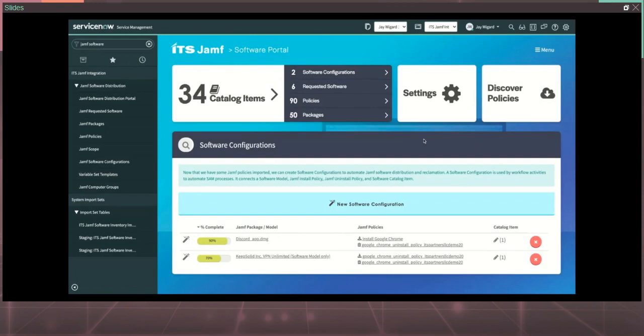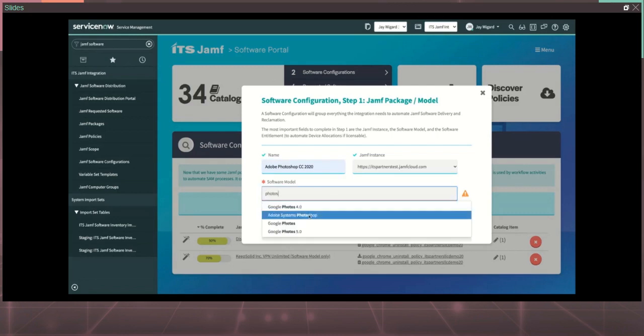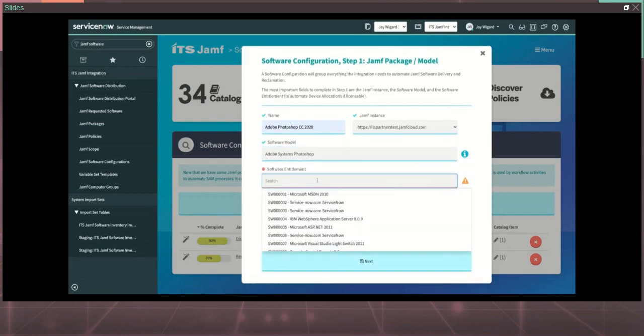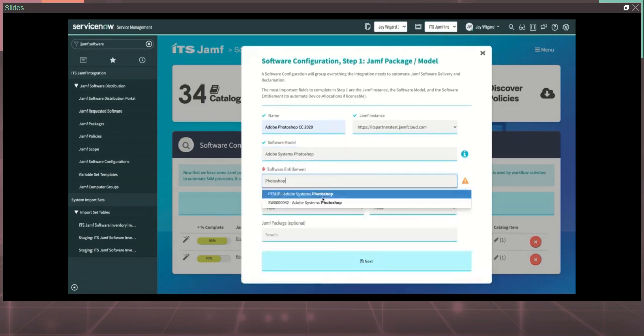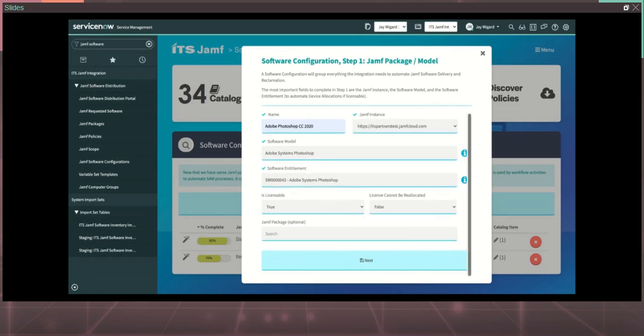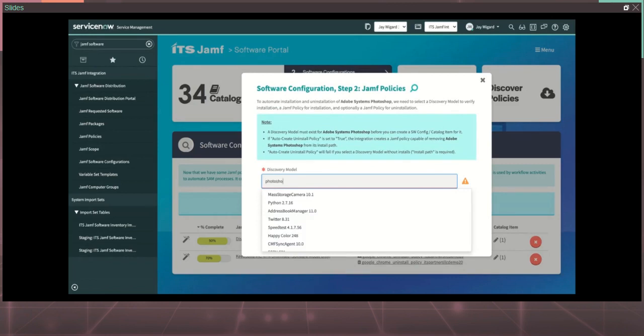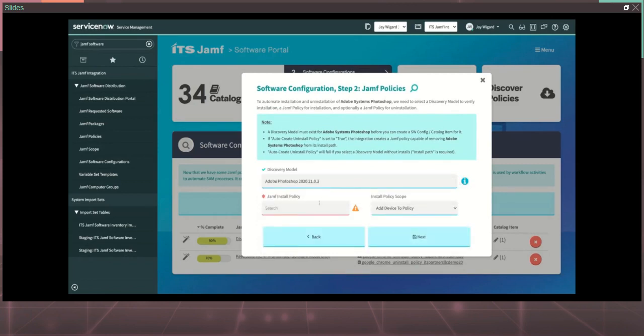So now the way that we orchestrate all of this is around the concept of software configurations. The software configuration is going to glue together this software model for Adobe Systems Photoshop. We've got some entitlements in the system, which track how many licenses we have available and how many are currently allocated, etc. And we've got to pick a discovery model here so that the integration knows where to find the install path. And then